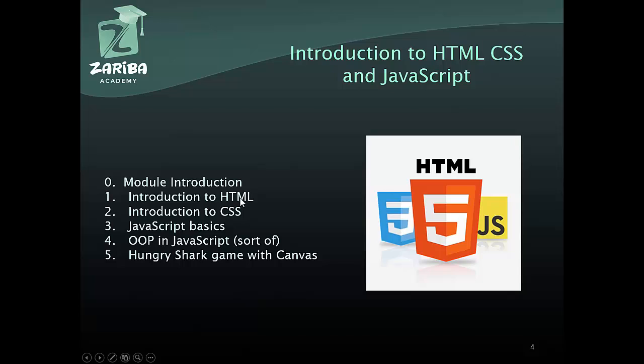HTML is pretty much a language. I wouldn't even consider it a language, but it's a way of creating something like Word documents, but for websites. This is the best way that I can explain it. It's kind of a harder way to make your own document with some text and some pictures and so on, which you would normally do easily with Word. You have to do it a bit more complicated using HTML, so that it can be put on the browser and so on. CSS is a way of styling